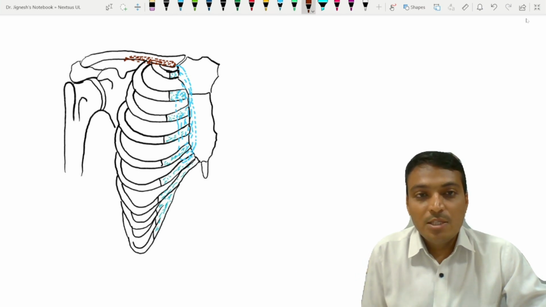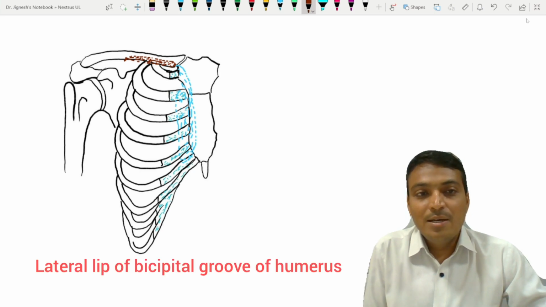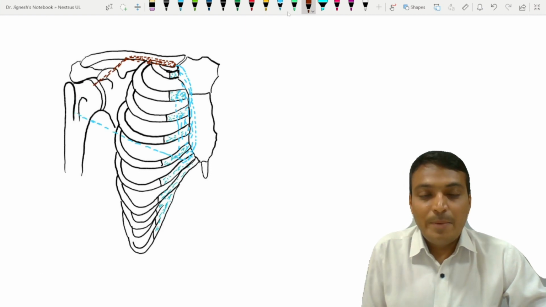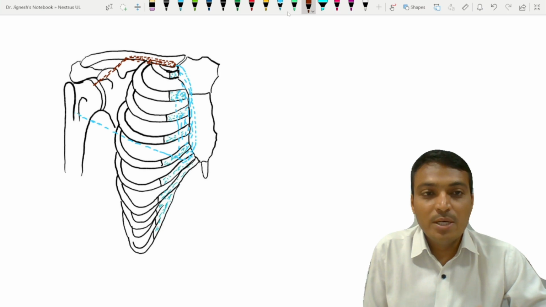These clavicular and sternocostal fibers of the pectoralis major muscle are going to converge and form a tendon around 5 centimeter in breadth, and this tendon is going to insert over the lateral lip of the humerus. But at the insertion site, the muscle fibers twist with each other and insert over the lateral lip of the humerus in a U-shaped manner, where the clavicular fibers are inserted little lower,